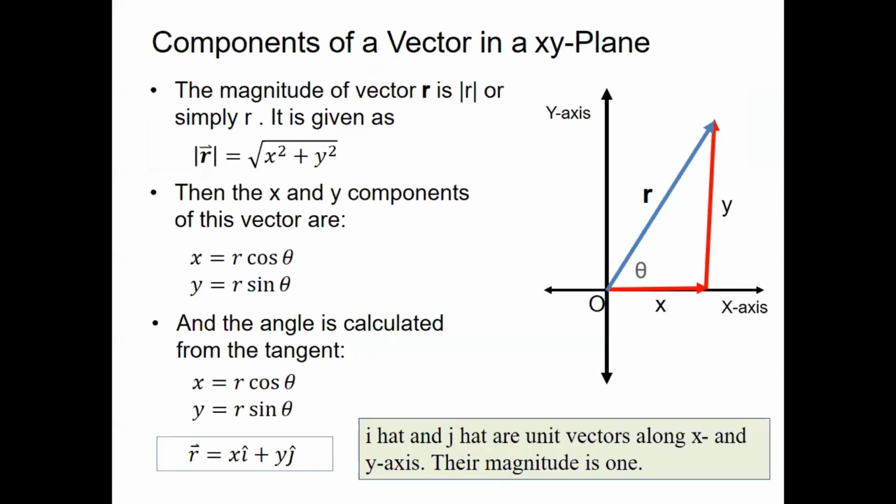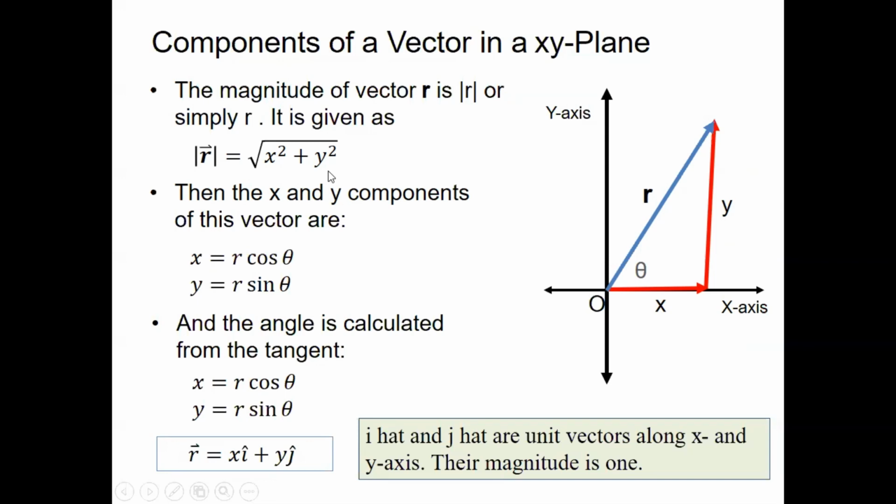Now, summing up today's discussion, we come to this important point: a vector always has a resultant vector, which is basically the vector sum of these two perpendicular vectors. So the x vector and the y vector, when added together, give us r. But the r magnitude can be figured out using